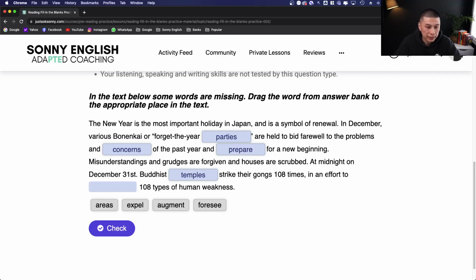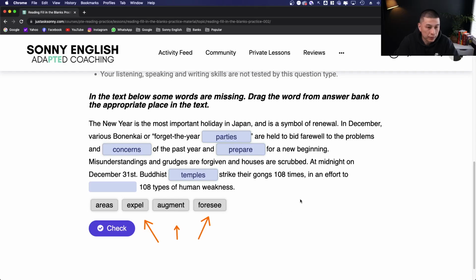Now let's go to the last one. Here we have, before the blank, "to," and then 108 times. This is a noun, okay? So if we have a "to" right here and we have a noun, that means we are creating an infinitive. What does that mean? To do something. This is the something. So we have the "to" here. That means we are creating an infinitive. An infinitive means no s, no ed, no ing on that verb. All right, so what do we have? We have expel, augment, foresee. Augment can be a verb, and it means like change something.